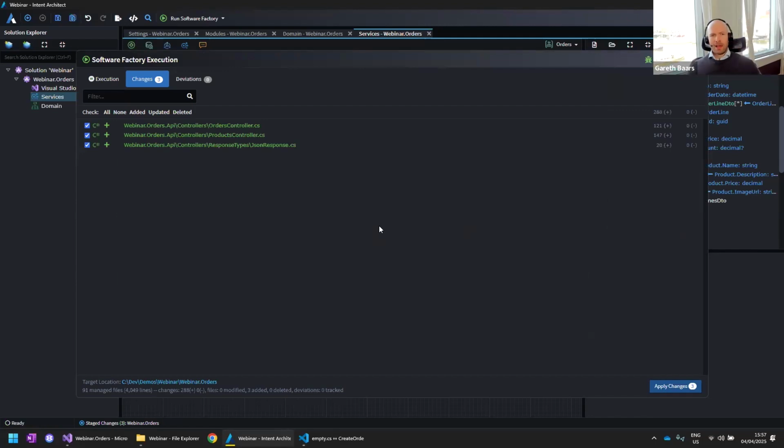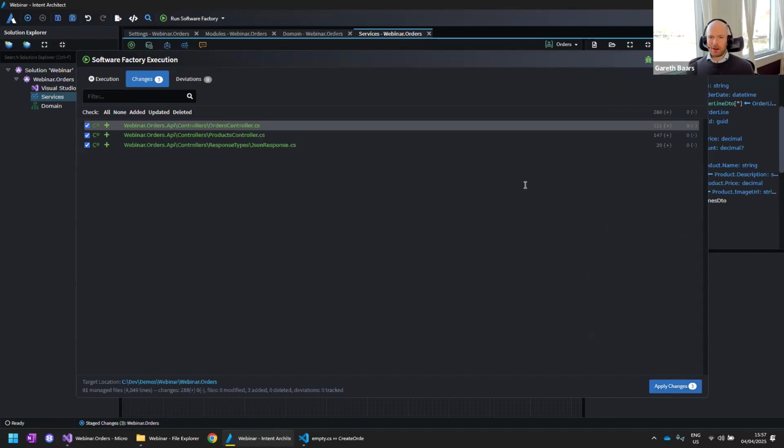it's rolling out the controller pattern. So I've got a controller pattern installed. If I had a fast endpoints pattern installed, I would have a whole bunch of fast endpoints. So it really depends on what pattern we have installed. And if we wanted to switch from one to the other, especially at the infrastructure layer, you can absolutely do that. And you could do that at any point in the development lifecycle.